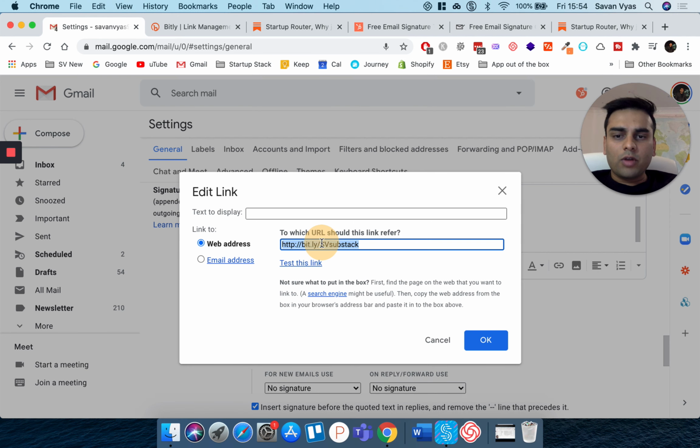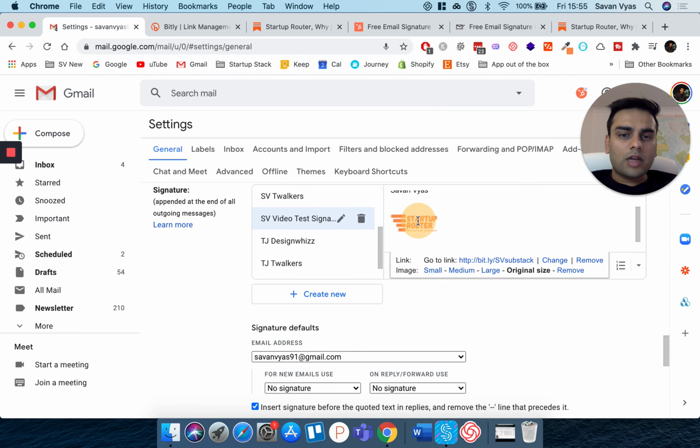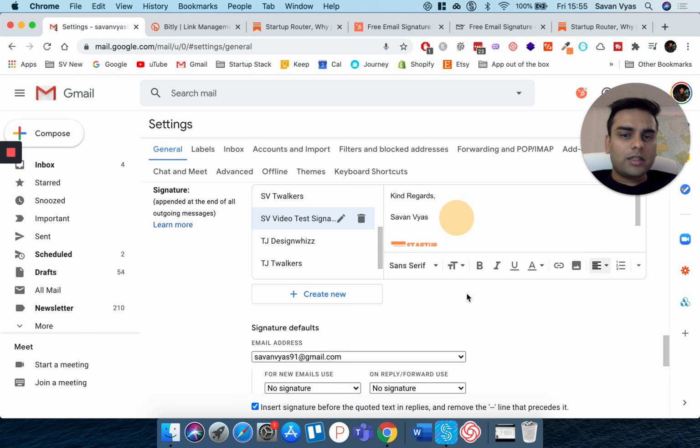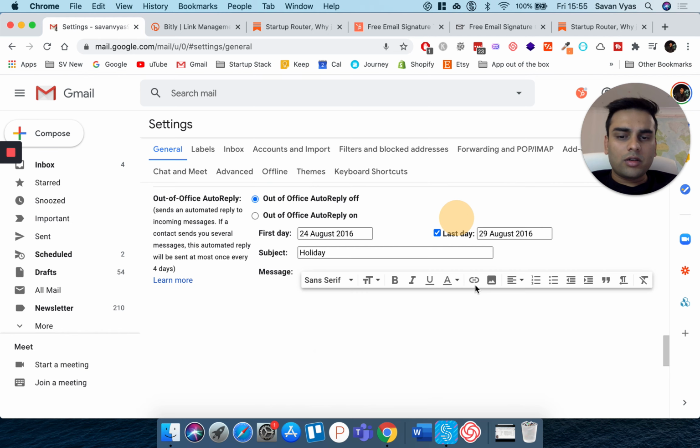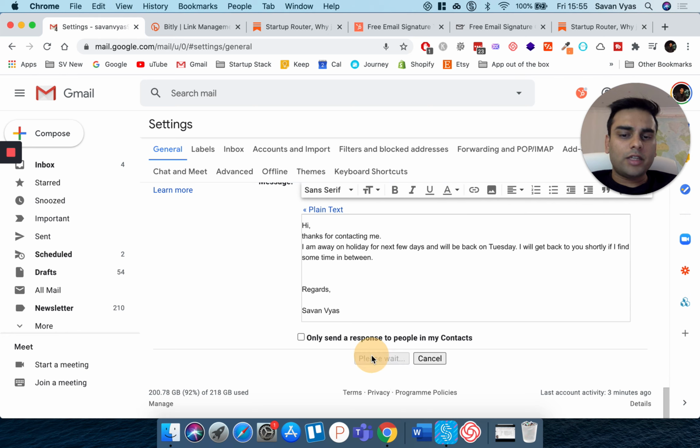There we go. So I've copied that back in the Gmail and then pressed OK. Now it's a hyperlink redirecting to that. So that's it. That's one way to do it. Obviously you have to make sure that you click save changes,